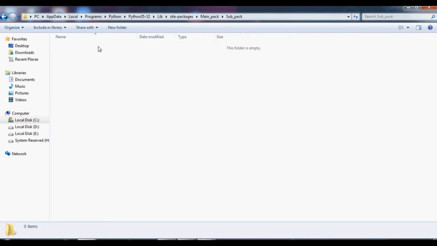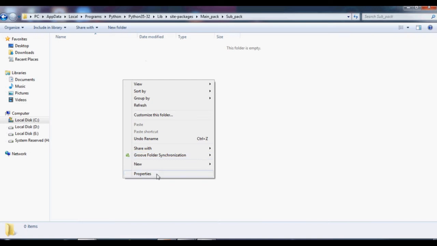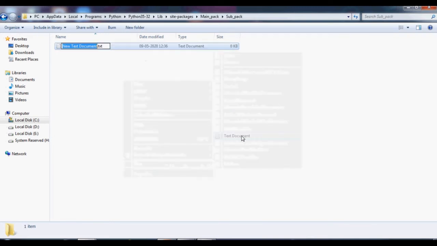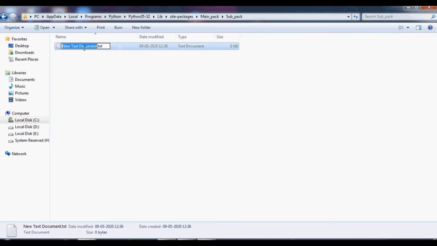Each and every package should have an init file. So inside the sub package, my first step is to create the init file. For that, another way to create is, in New, click on text document. Just save it as main script.py.